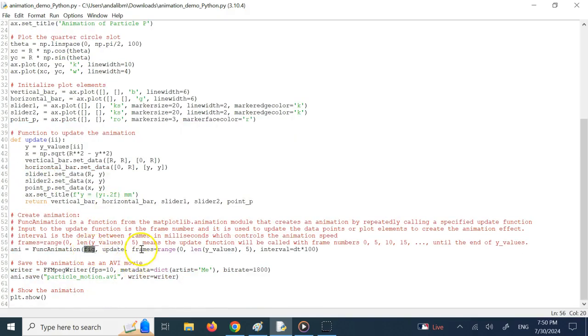We give it the figure, and here we say frames range from 0 to length of Y value and 5. What does that mean? It means you don't need to show each and every one of the frames of that animation. Jump by 5 frames at a time. So what you want to show is frame 0, then frame 5, frame 10, frame 15, and so on and so forth. So do not show all the frames, skip 5 at a time to speed up